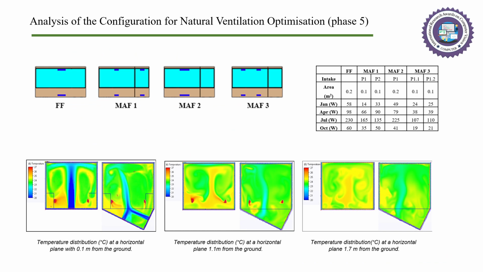At the top is an evaluation of the average amount of heat removed by natural ventilation. In July, the average amount of heat removed inside the multi-angled facade room by natural ventilation is approximately 31% higher than the heat removed by natural ventilation inside the flat facade room, as shown in the table at the top right. The ventilation openings with two different orientations in the multi-angled facade MAF1 improved natural ventilation better than the other